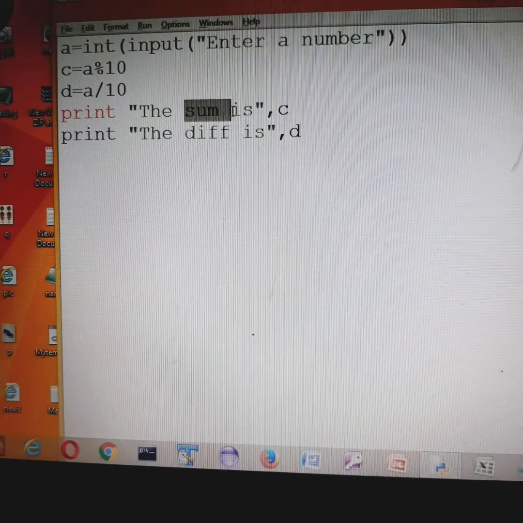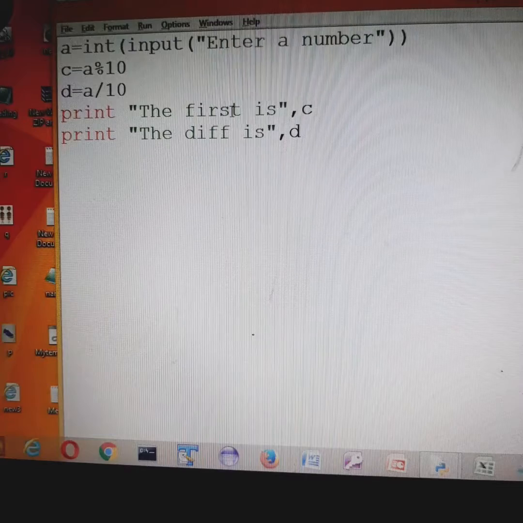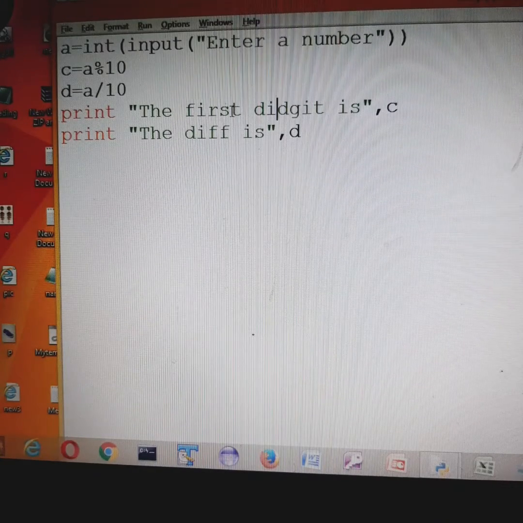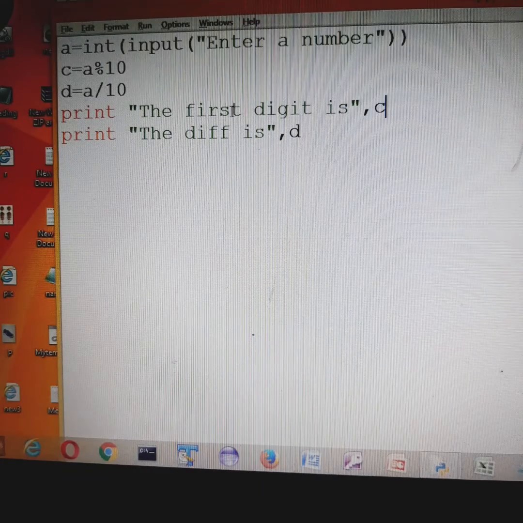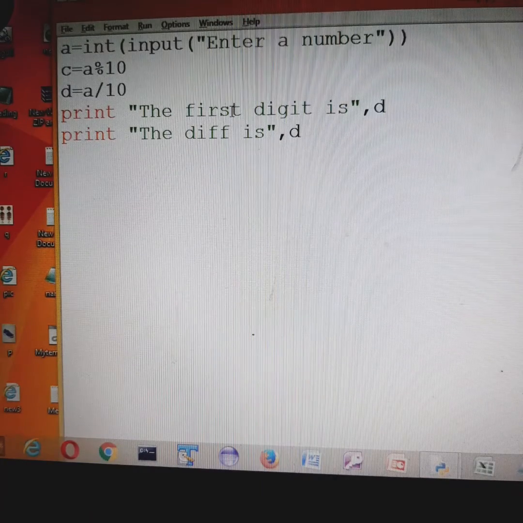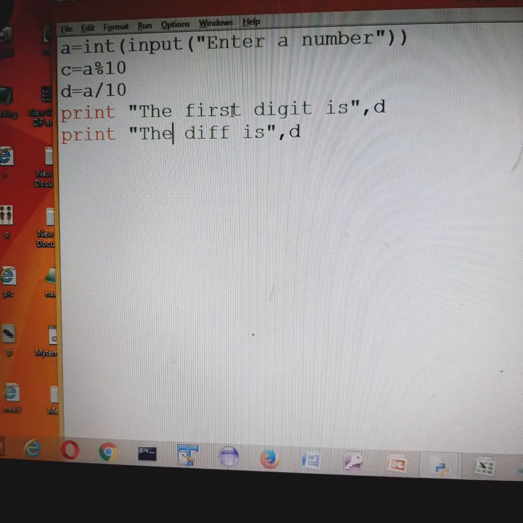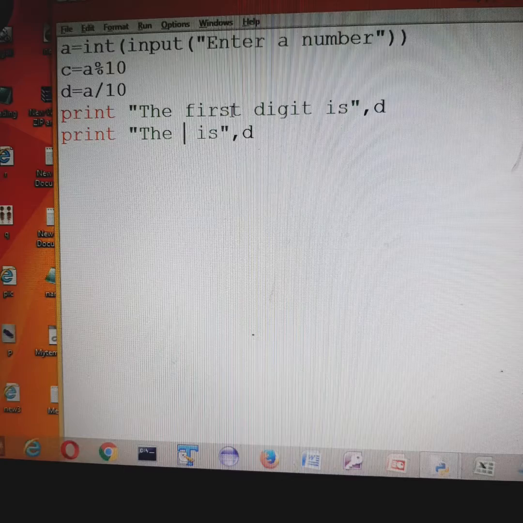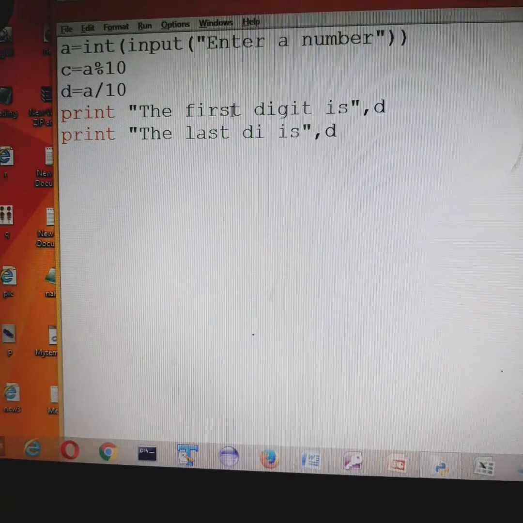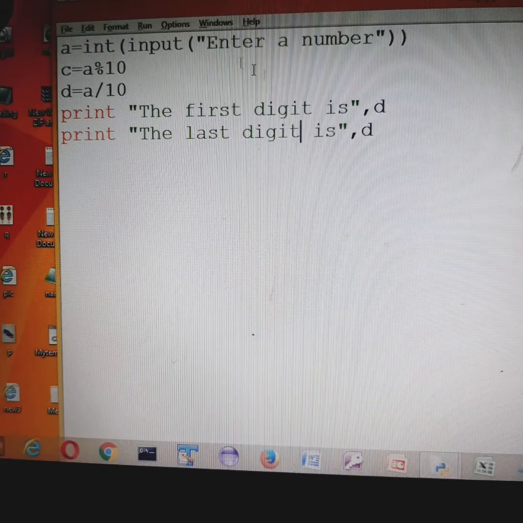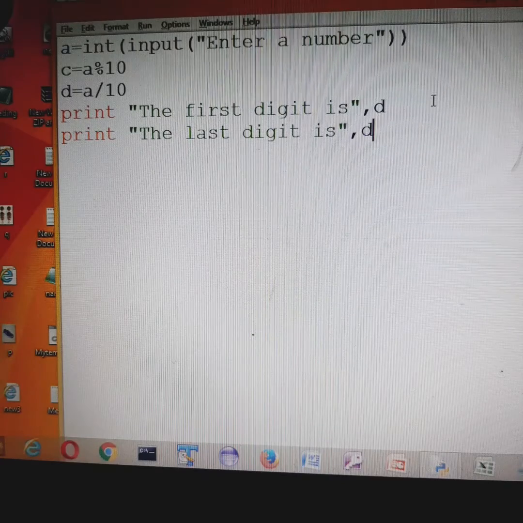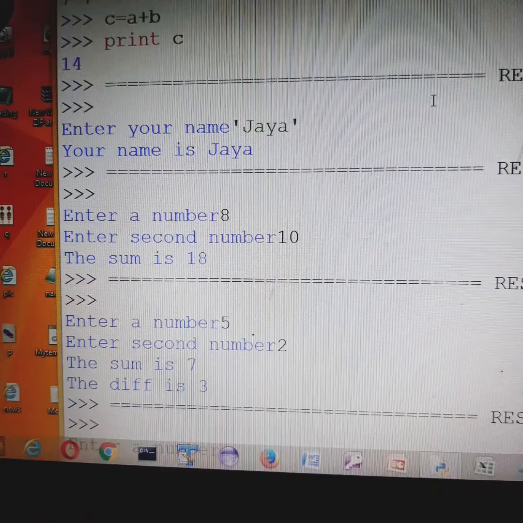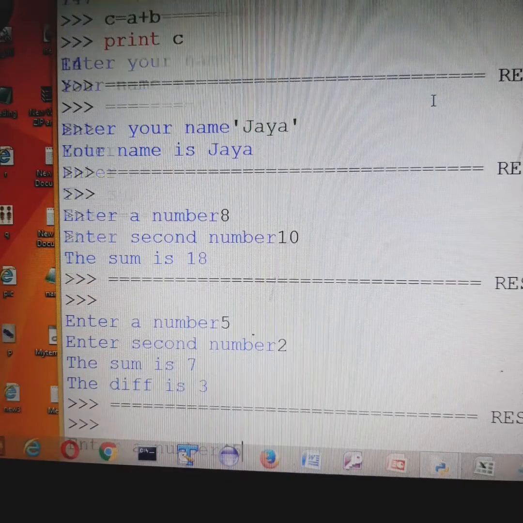So here we will write first digit is D and last digit is C. Then I am giving here 45.